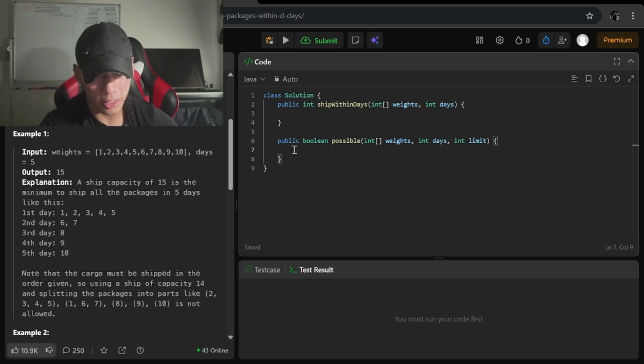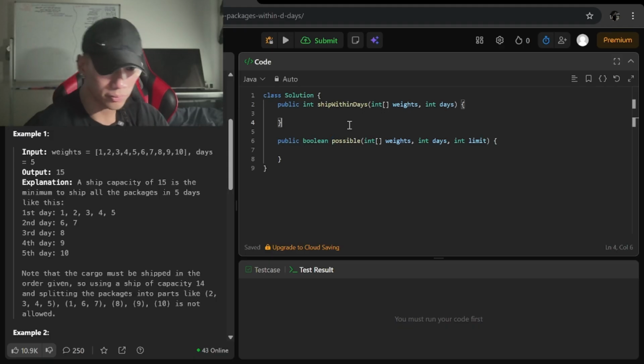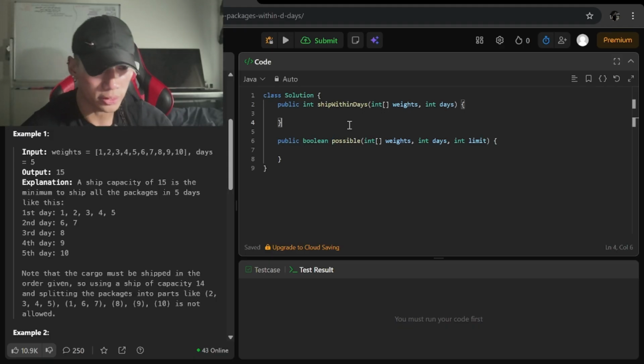So we can have 11 as the middle point and use a possible function. Depending on if it's possible or not, we increment or decrement the middle. I meant the pointers.